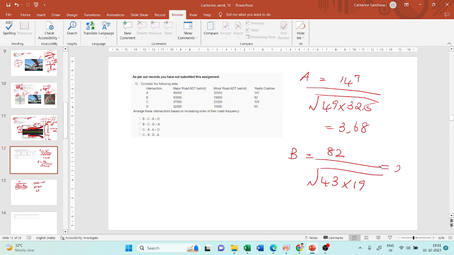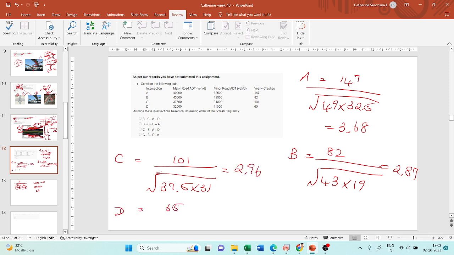And the answer to this is 2.87. C, for C it is 101 divided by 37.5 into 31, which is 2.96, and D, 65 divided by 32